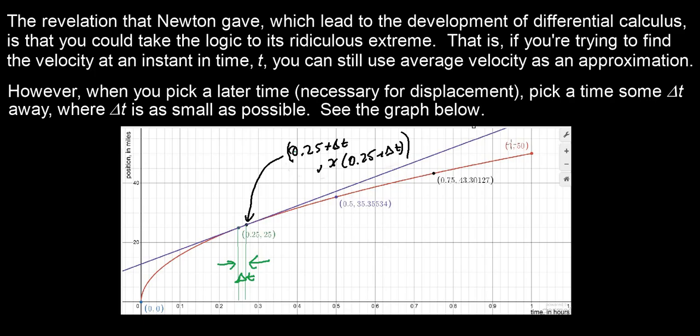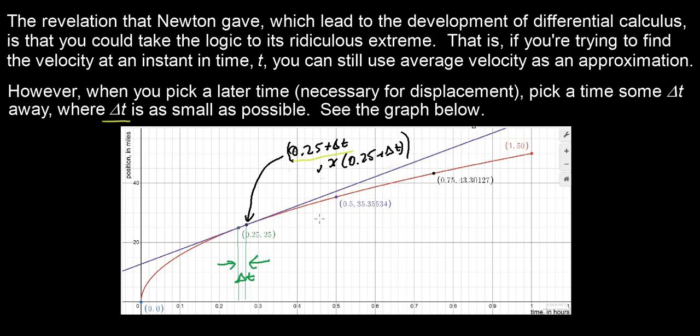Right? So what we're going to do now is try to come up with an expression for his velocity at 15 minutes, not an approximation, but an exact value. What we're going to say now is we're really shrinking the time window as much as we can. We're going to take a teeny tiny time window, delta t, and then take the average velocity between those two time instances, time going from 15 minutes or 0.25 hours to the new time,